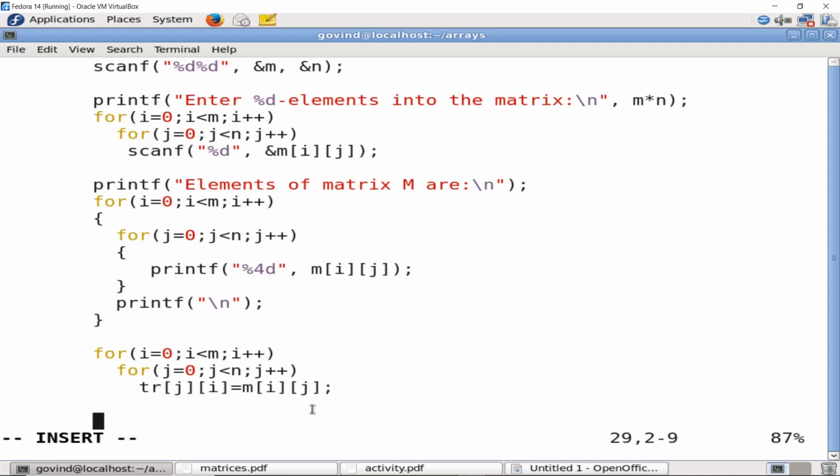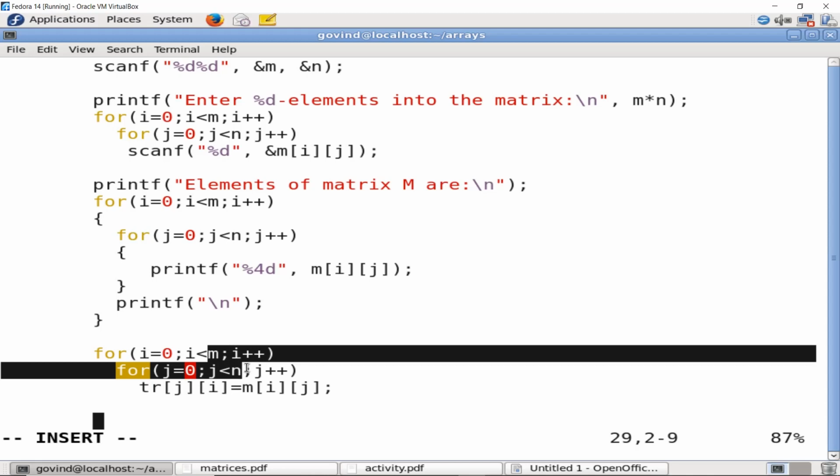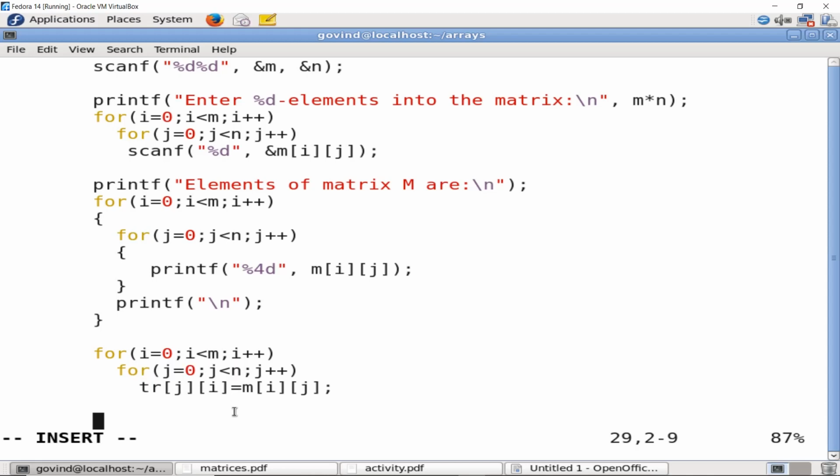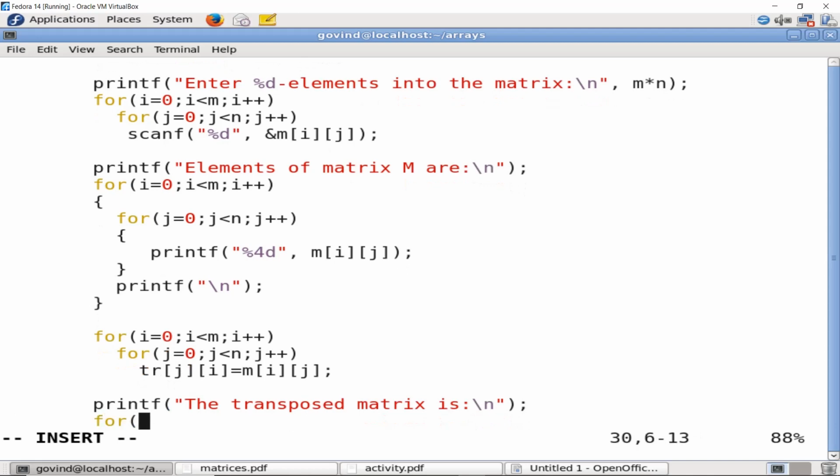Next, I'll go ahead and print the matrix TR, and also notice that when you swap the values of j and i, even the order of the output matrix would have been swapped. So if the order of the input matrix is 2 cross 3, the transpose matrix will be 3 cross 2. So I'll just write another printf: the transposed matrix is, for i equal to 0, i less than n.